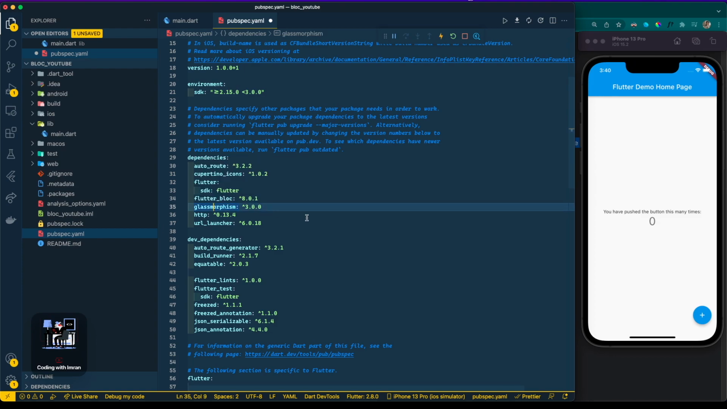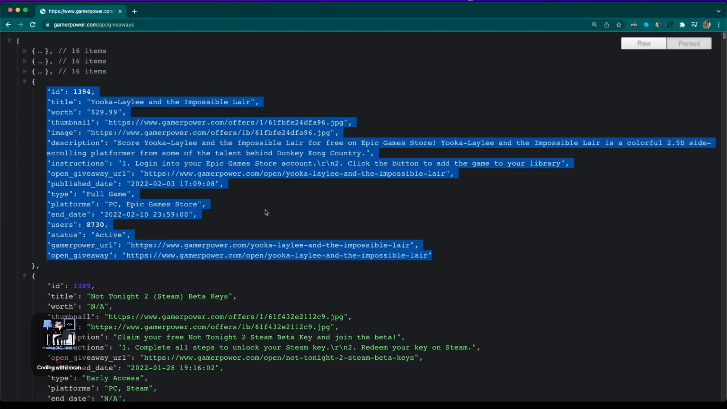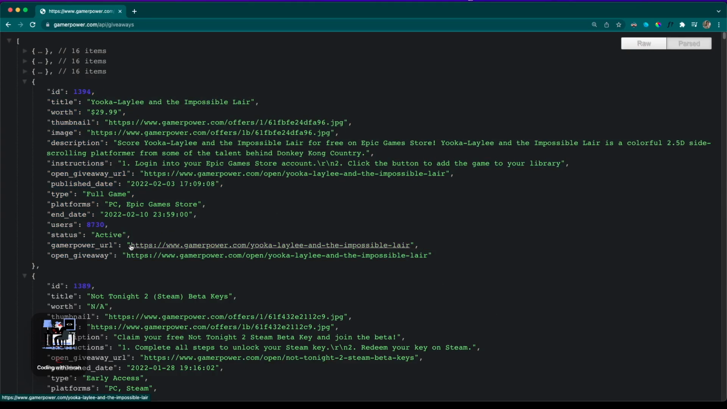The next one is the glass morphism. We're basically using this package to get a frosted glass effect on our UI. You'll see what I'm talking about. The next one is the HTTP package. We're using this package to make the API call. And the last one is the URL launcher. You'll see some URL in this object, so basically there will be a button to launch the